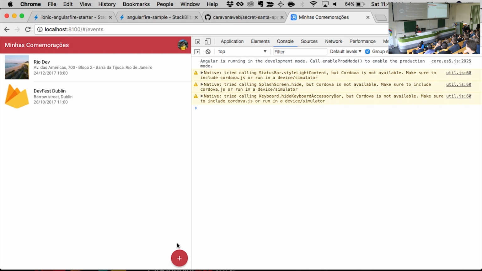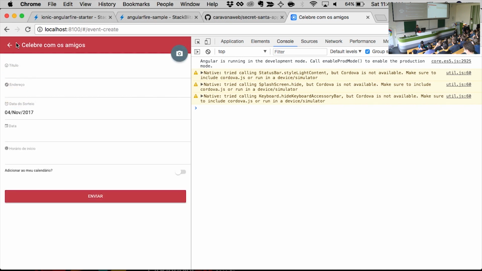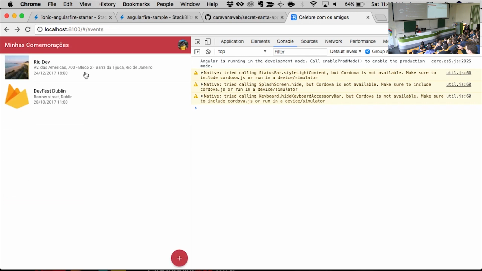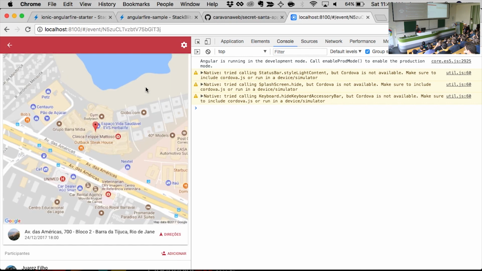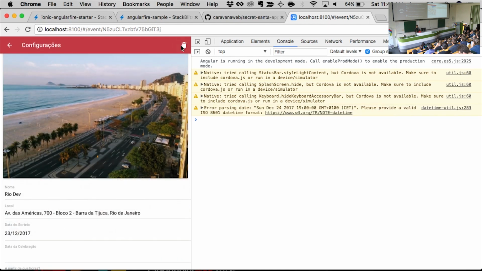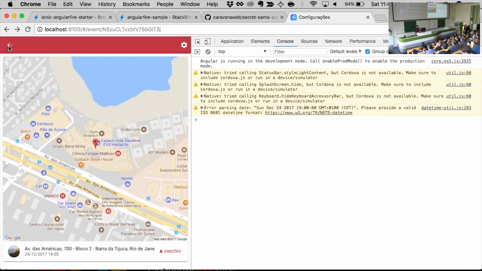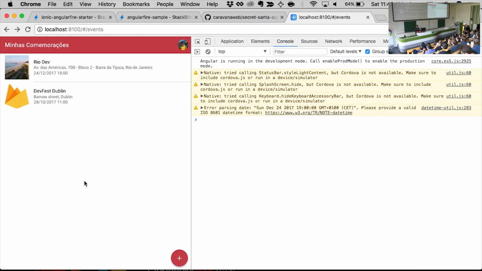All right. Yeah, so here we have a really more solid application. If you want to see, we can create events, we can see Google Maps, we can do different things, configurations, a lot of things. So we can also use this as your starter for Ionic. I'm going to send the links via my Twitter, and also I think the organization also has the